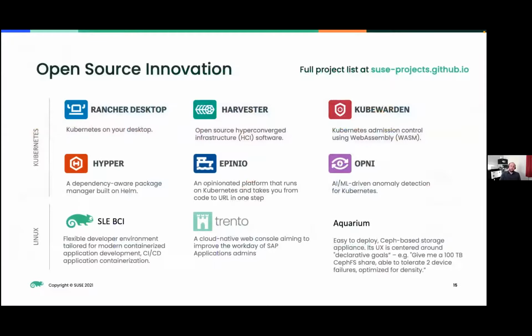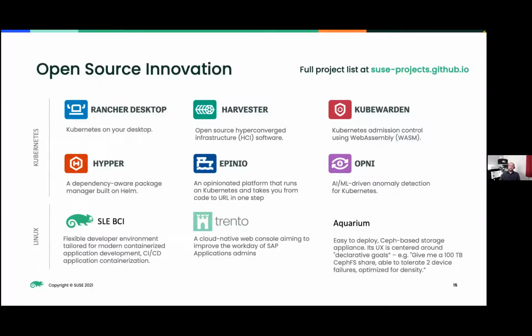Just quickly, before I sign off and we go over to the questions, we are working on a number of other open source projects. Now, if any of you are already developing with containers, your teams possibly have used the Docker Desktop application, and Docker recently announced a licensing change. So any large enterprise can no longer use Docker Desktop for free. So I really want to highlight Rancher Desktop. Rancher Desktop is designed as a drop-in replacement for Docker Desktop, allowing your developers to continue developing locally on their local machines. Although we switched out the Docker engine with containerd and Kubernetes, we provide compatibility binaries, so all of your existing commands work in exactly the same way.